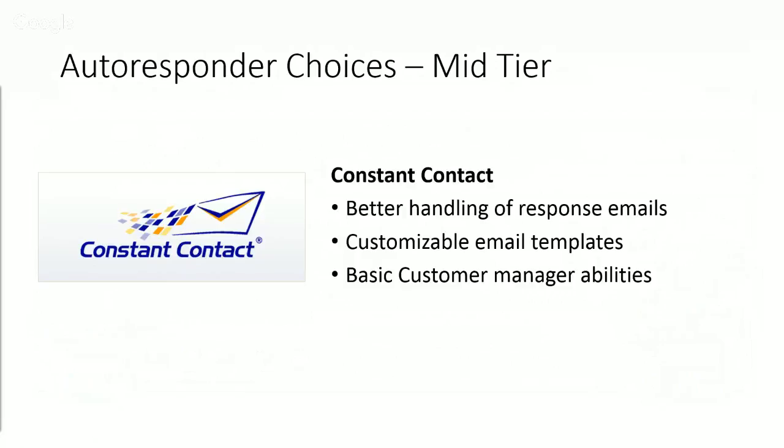It also has more capability in terms of handling messages that come back. So whereas the first ones are designed for outbound messages only, Constant Contact does have some ability to collect information and allow people to say, you can talk about various things that you have available, and if they'd like this report, that report, whatever else, people can actually request it and get it downloaded. So again, a little bit more automation, a little more capability, and it also adds a little bit of customer management capability. So we now get their name and their phone number so that we've got more of the contact information in there.